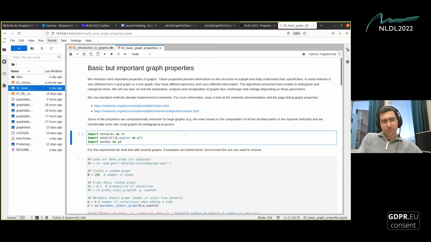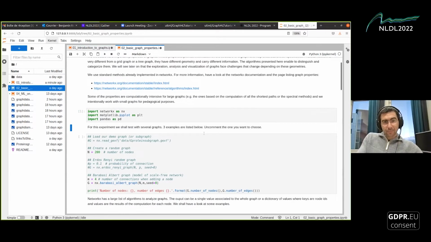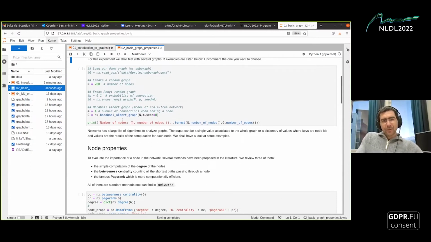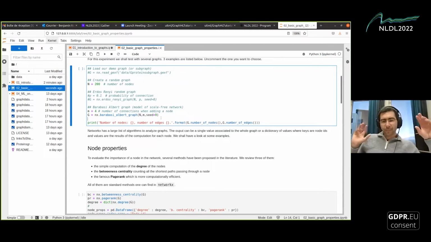I'll just show you a few of the functions that NetworkX can be useful for and can provide you. So I need networkx, matplotlib, and again pandas. So here, instead of loading a dataset, I just use one that is provided by NetworkX, which is called the Barabasi-Albert graph. This is supposed to be a model of a scale-free network, so a sort of model for a social